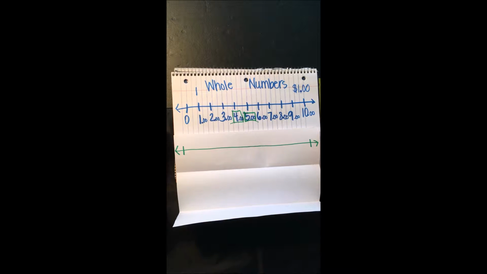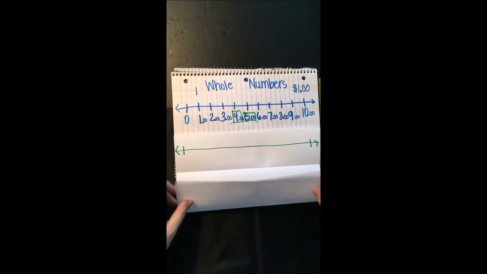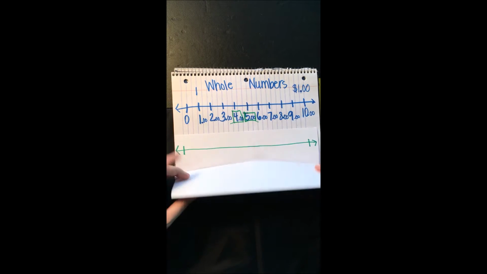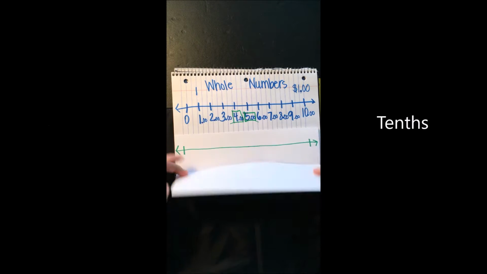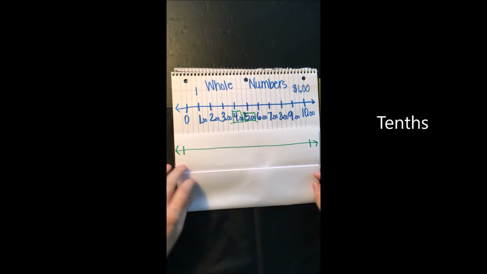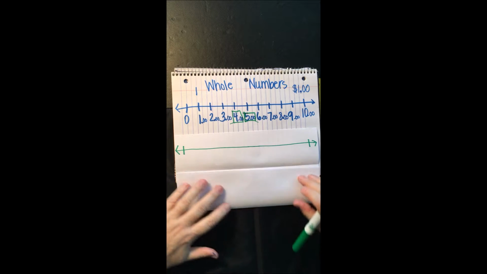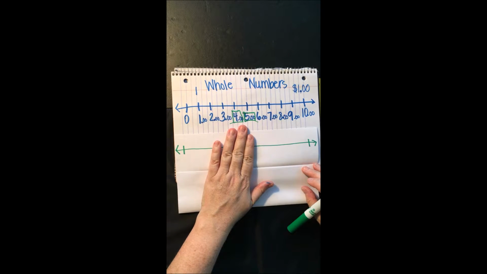With our number line of whole numbers and talking about the tenths, you will want to have a sheet of paper folded into thirds, using that academic language of thirds, or burrito, but thirds. And you'll want a number line right there on it. Now we're going to be breaking up our whole numbers into